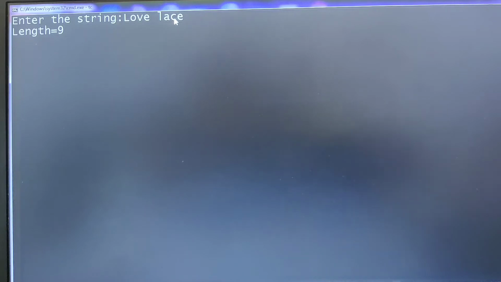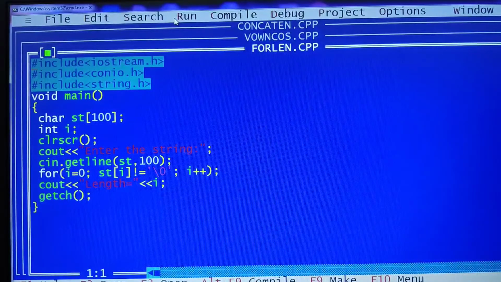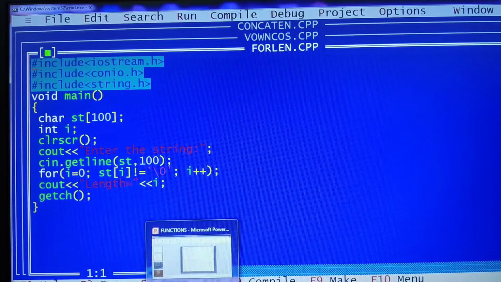So whether you find out the length of the given string by using a library function or without using the library function, it will calculate exactly the length of the given string. I hope children you are able to understand. Let us move to the next program.